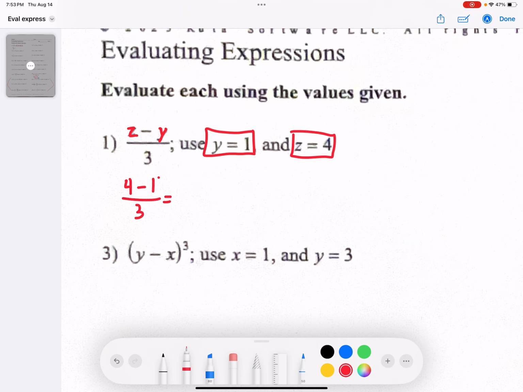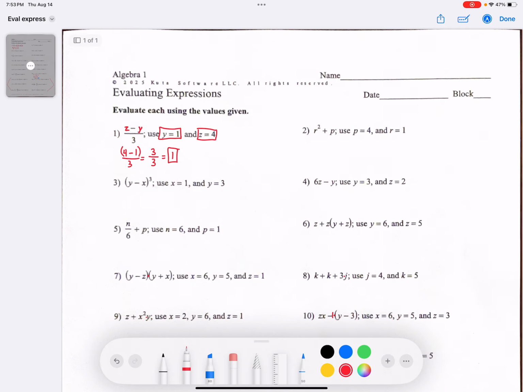Okay? When we do this, we have to pretend the top is in parentheses, like it's in grouping symbols. And we have to do that first. So we do 4 minus 1 is 3, and then we do 3 divided by 3, which is 1. Let's look at